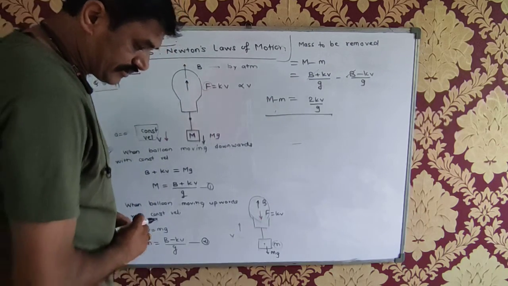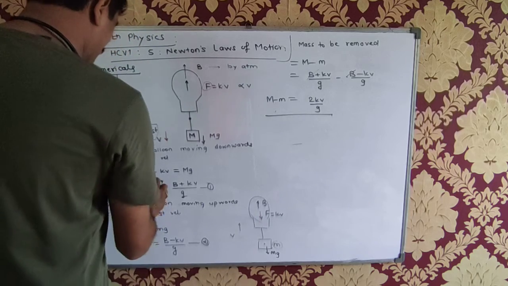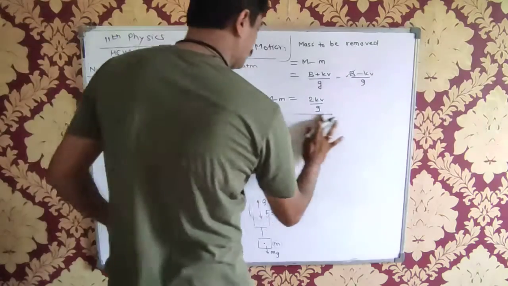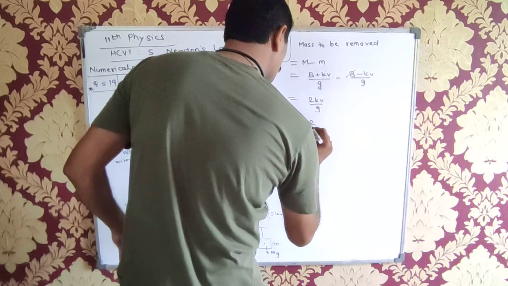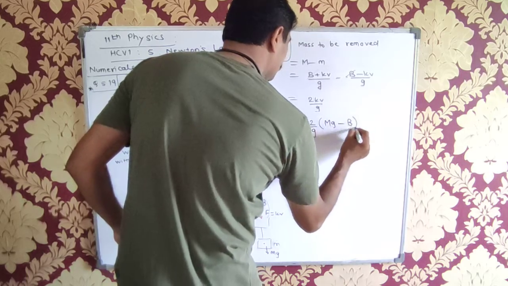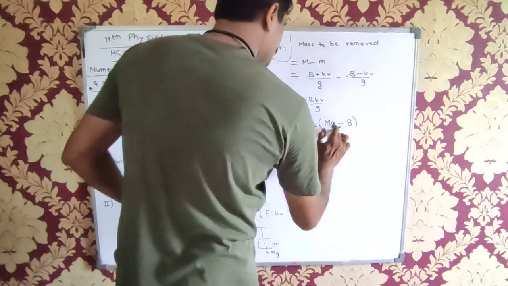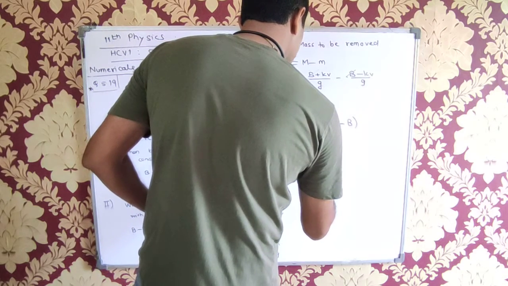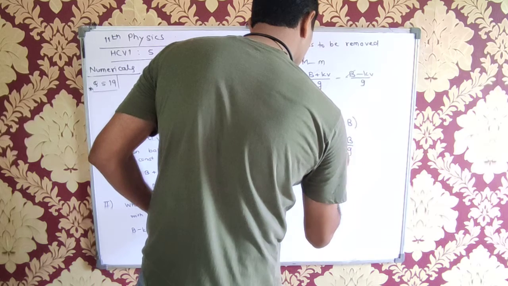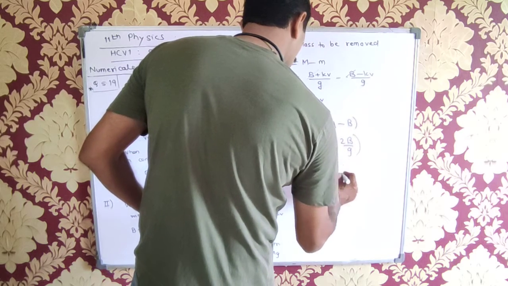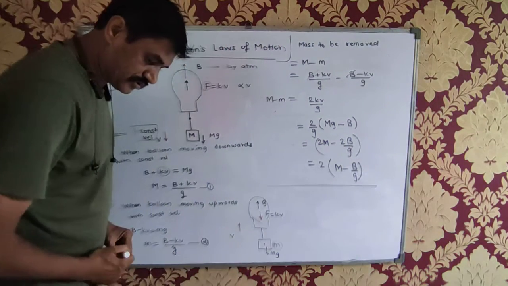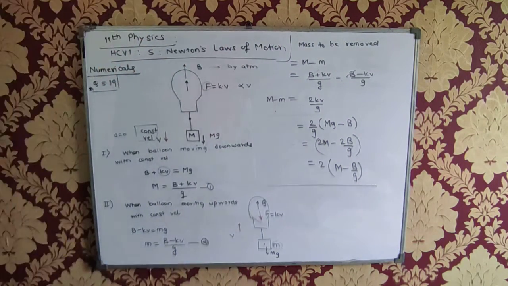Isn't it? 2 kV upon G. But what is kV by the way? kV is equal to mg minus v. Yes. No? So I'll say this is 2 upon G mg minus v. And if I send this G inside, 2 mg inside, तो ये G cancel हो जाएगा. This will become 2m minus 2v upon G. Or for that sake, if I take 2 out, this is m minus b upon G. This is the mass to be removed. Please check the answer.